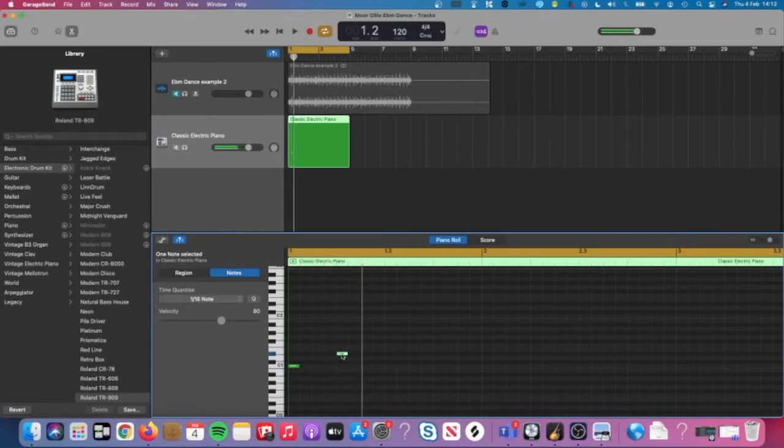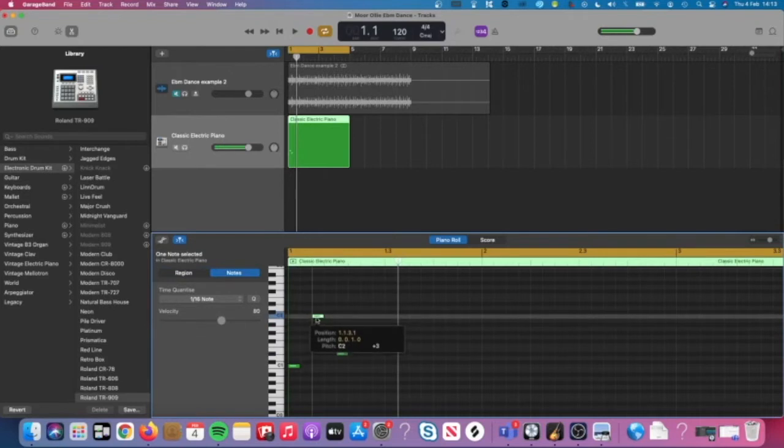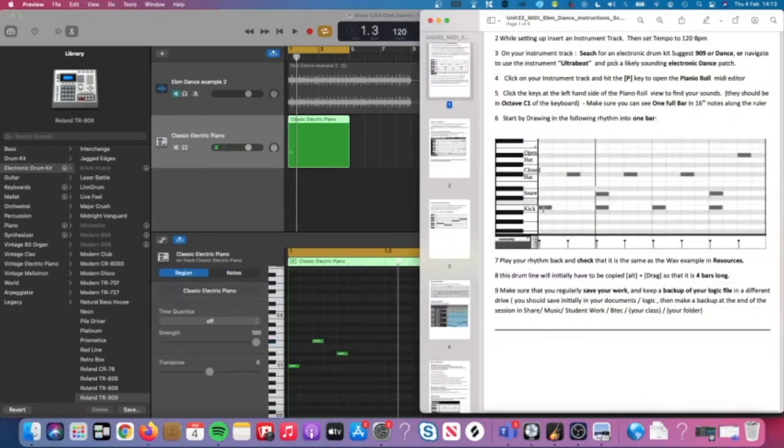Okay, and then we have our snare. Up to you sort of what sounds you go for. I might just use that one. Nice clap sound. And then we can get the open hi-hat. There you go. Okay, so as we can see here, we've got kick, closed hi-hat on beat 2, and then